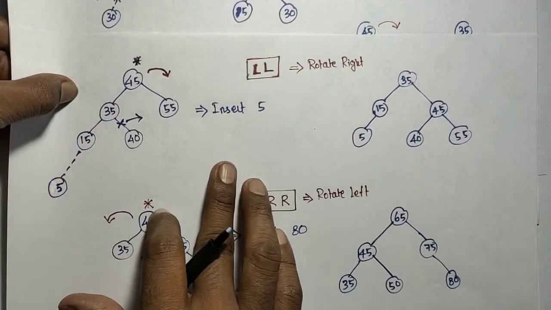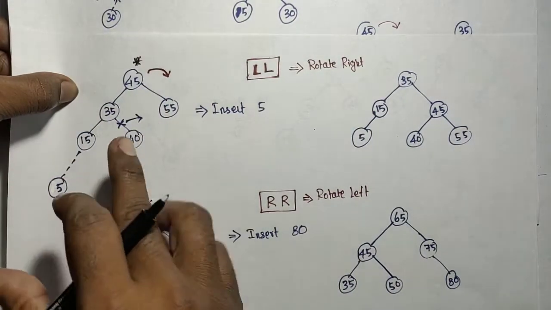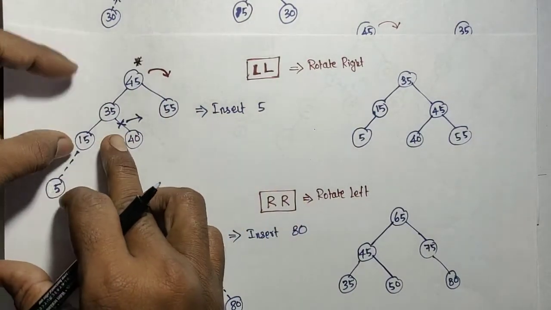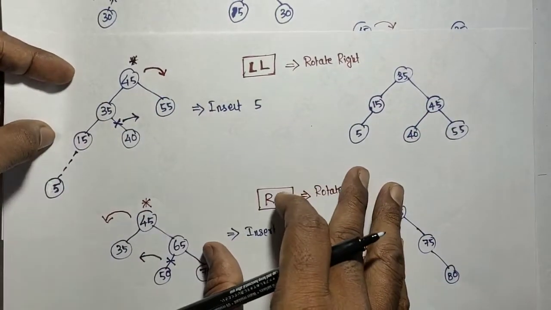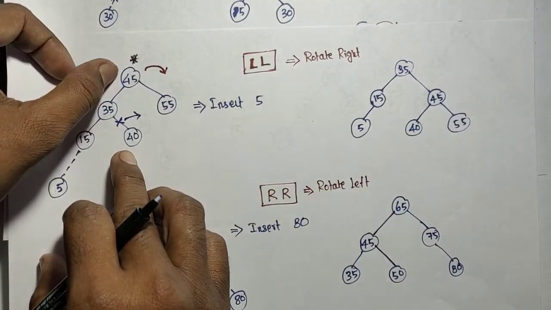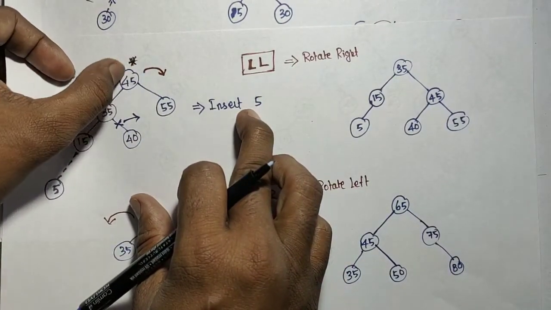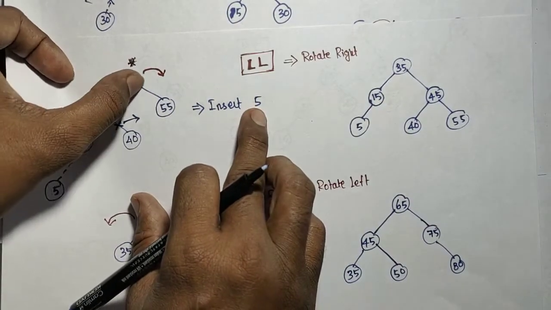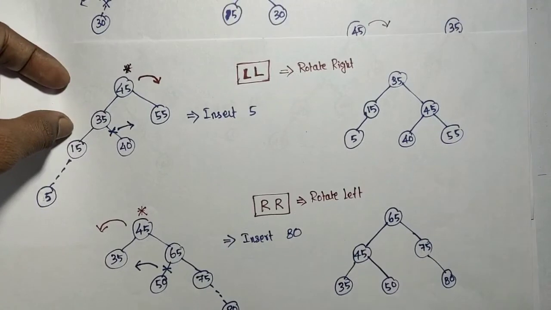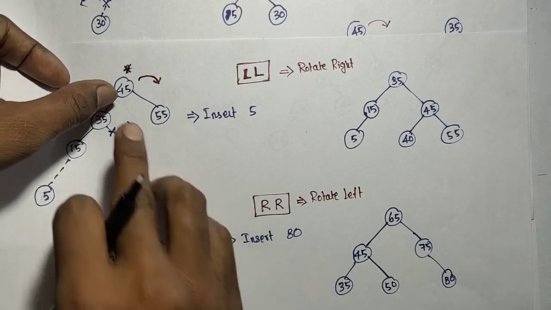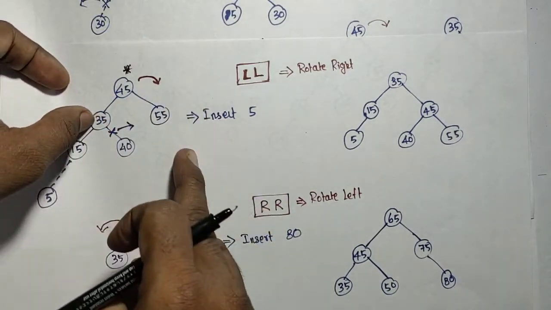So now the 5 is inserted on the right side, sorry, left side, but after inserting that 5 on the left side, where it is going to be inserted, I don't know, but I need to check whether the t goes unbalanced or not, because we are inserting the x to this t. So I need to check whether the t is unbalanced or not. If it goes unbalanced, I need to balance it.